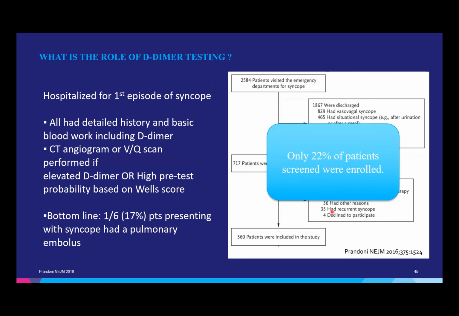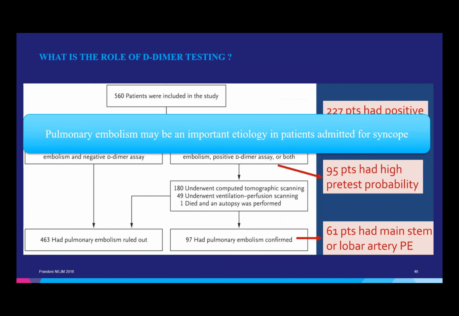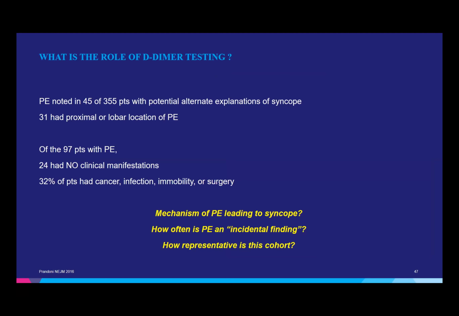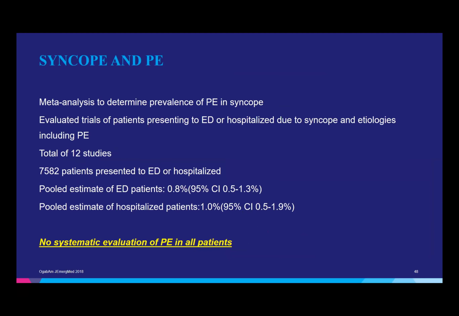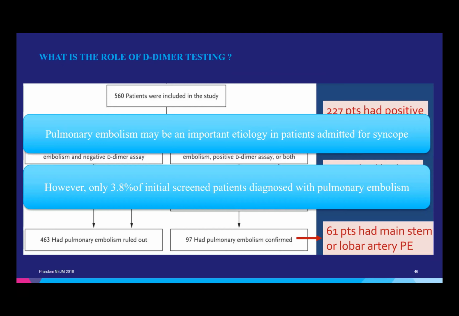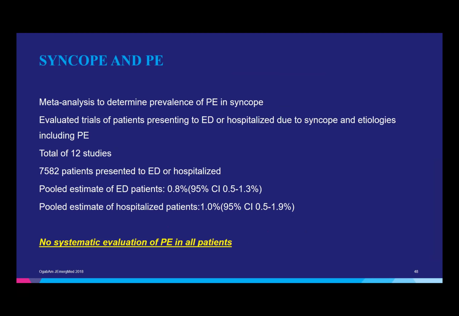The important thing though in the study, when you really start weeding through it, is that only 22% of the patients that were initially screened ended up being enrolled. So the suspicion is, and much larger, we're going to skip through this, much larger meta-analyses have actually shown that you don't need to evaluate for PE in all syncope patients, but you do obviously need to evaluate where there is the suggestion that there is one, such as our patient, right? So not every syncope patient needs a PE eval, but you want to think about it as a potential etiology, right? This study will come up over and over, which is why I've put it in. I'll send you guys the slides.